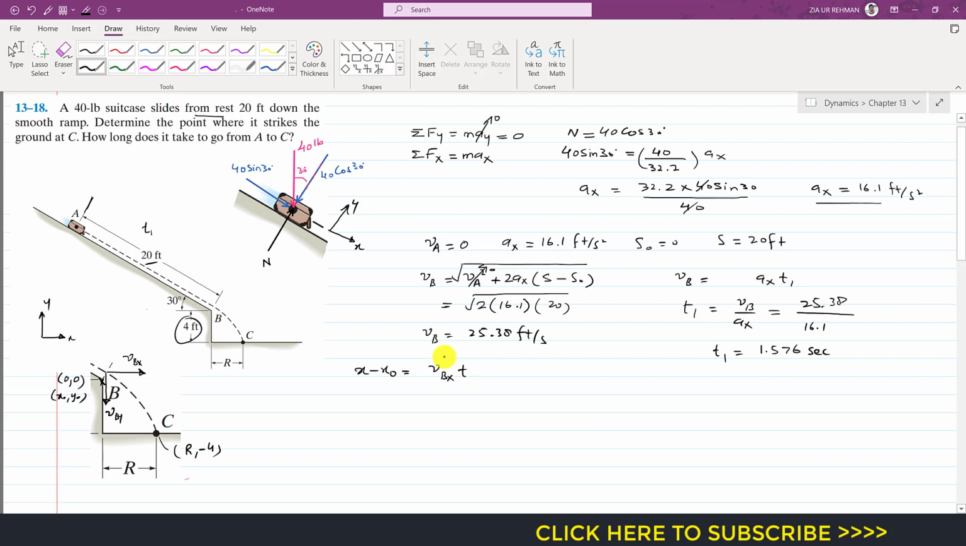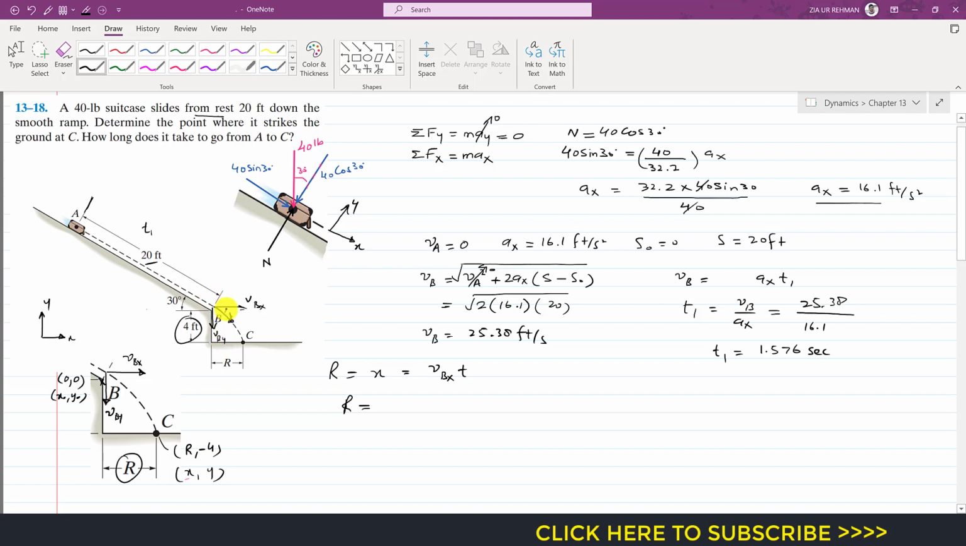We have this equation, and since x naught is 0, this means that x is equal to VBX times t. Our x is the final position, so the final position in the x direction is r. So we can say that r is equal to VBX times t, and if this is the velocity VB, this is the VBX and this is the VBY,